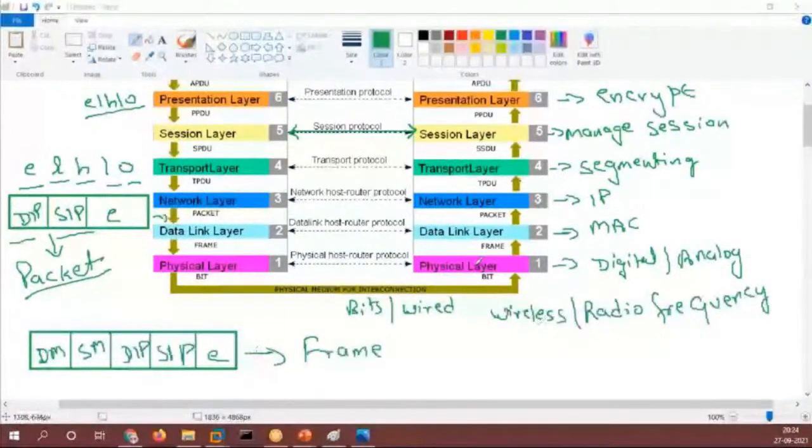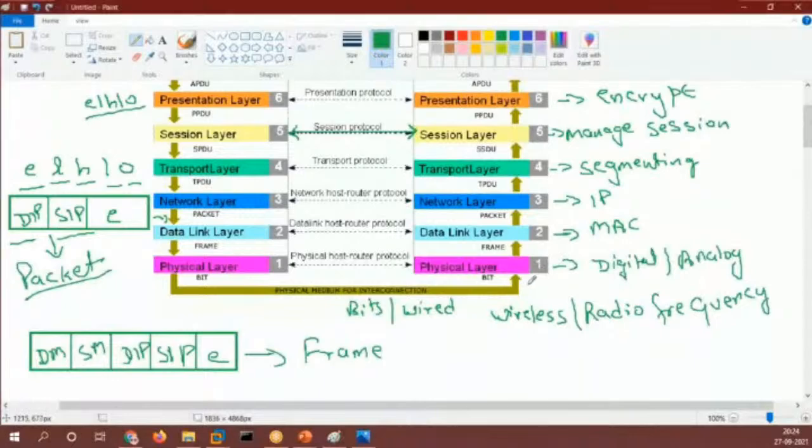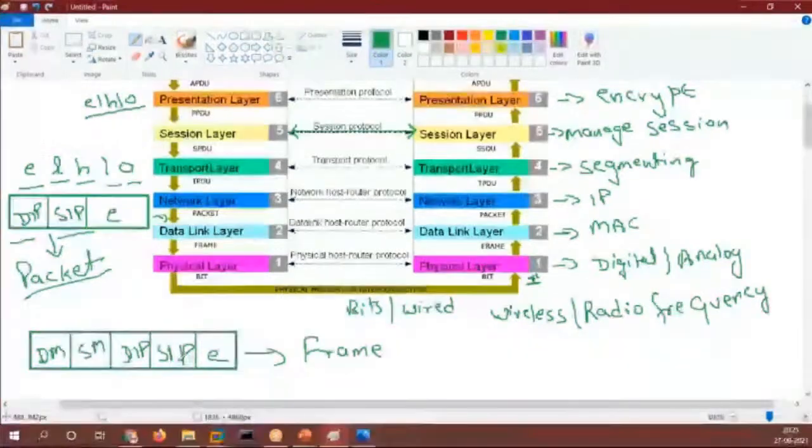Now when it arrives at the physical layer of your receiver point here, what will be happening over here, guys? Your packet that we have, your frame, will be arriving at the data link layer of your receiver. Now from that frame, what will the receiver's data link layer do? It will check if the destination MAC and source MAC are matching or not.